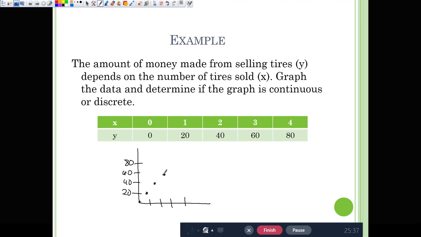Plotting my points. Okay. Can I sell a person half of a tire? No. You're not going to sell a person half a tire. It won't work. It won't go in their car. So is this going to be continuous or discrete? Discrete. So I cannot connect these points because I can't have those values that are in between. So this is going to be